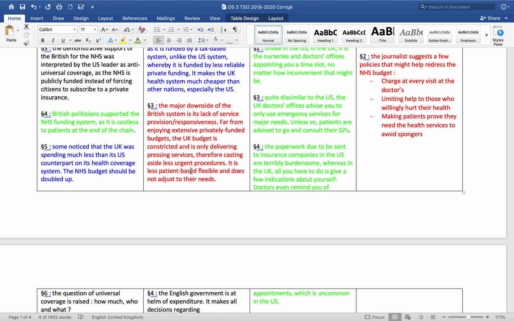So what the government says is that if a patient wants something particular to their need, or as I said, if someone wants to have a nose job, they want to have their nose done, they will have to wait because it's not what the patient wants, it's what is necessary for them. Right? So the system doesn't adjust to their needs.